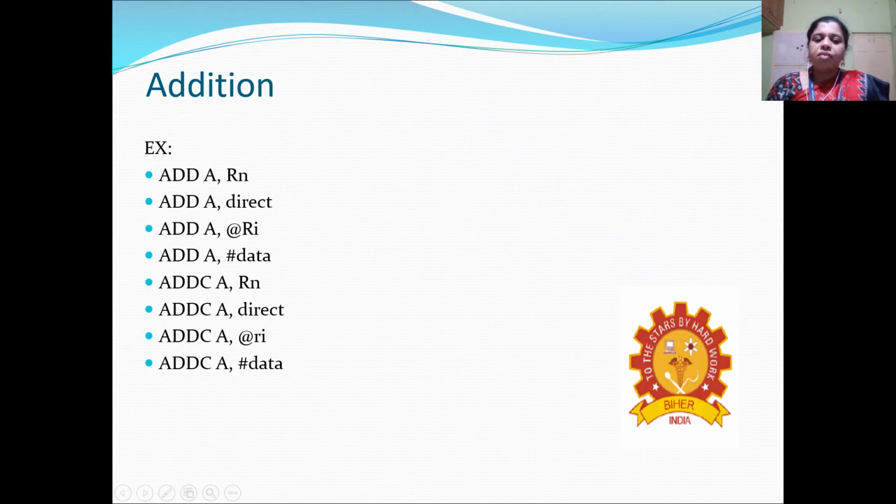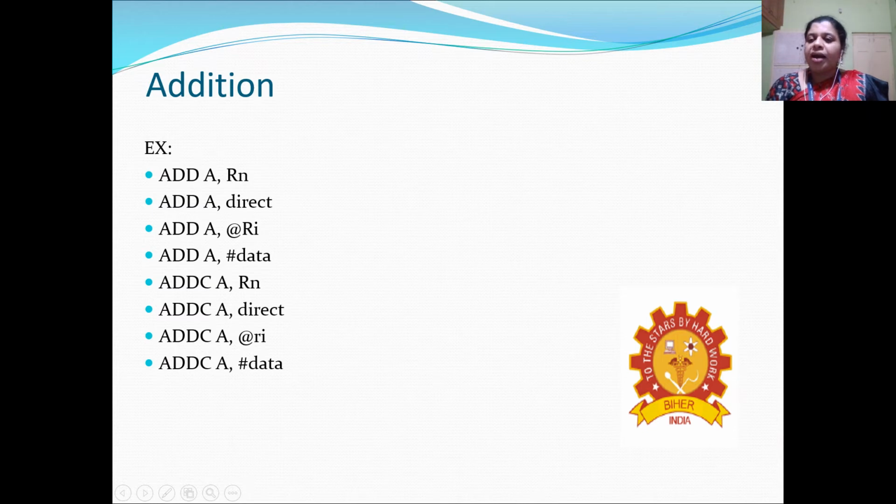And one more thing is that we can add the carry also with the two datas. For that, we have the instruction ADDC, for example, ADDC A, #data. In this instruction, the data is mentioned in the instruction directly, and that data will be added with the accumulator data, along with the carry.